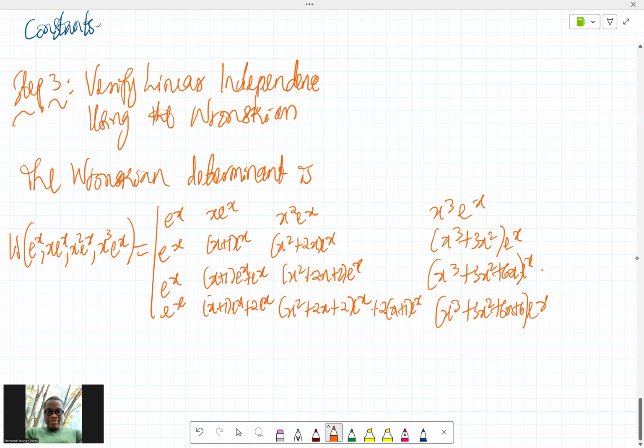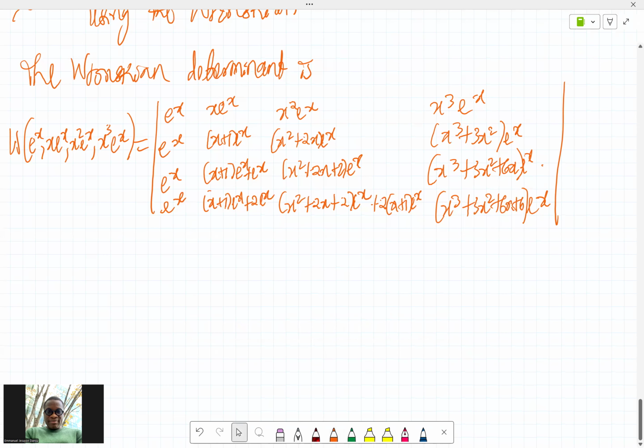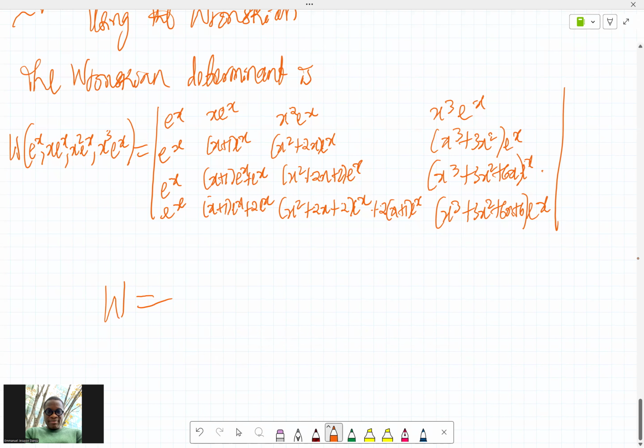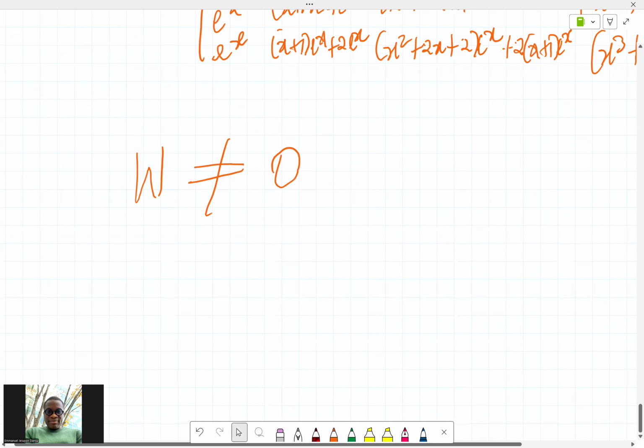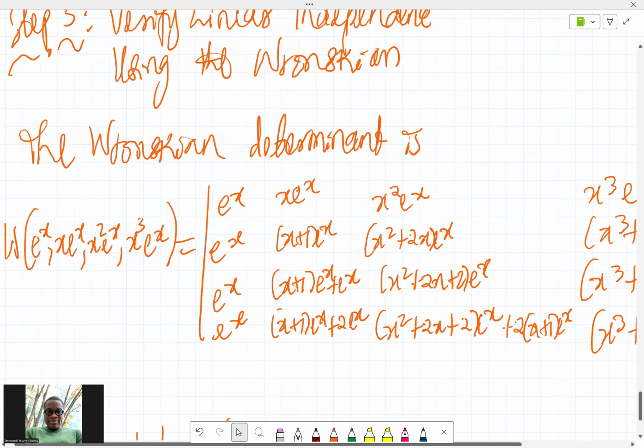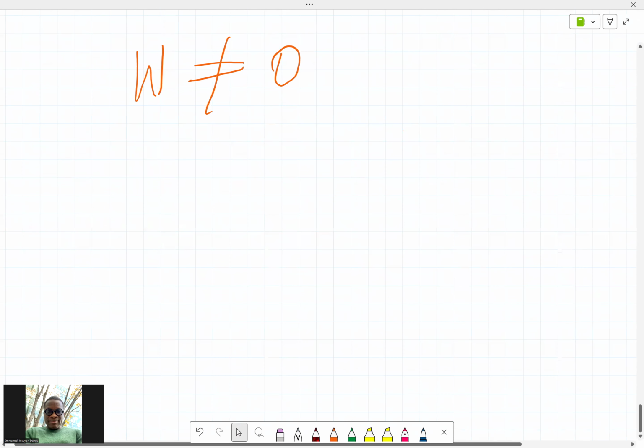So that is the Wronskian determinant. Well, from all indications, the W here is not equal to 0. Okay? W is not equal to 0. You can already see that by the time you do this, it's a complicated thing to do, but we won't bother so much about it. So we can then say that